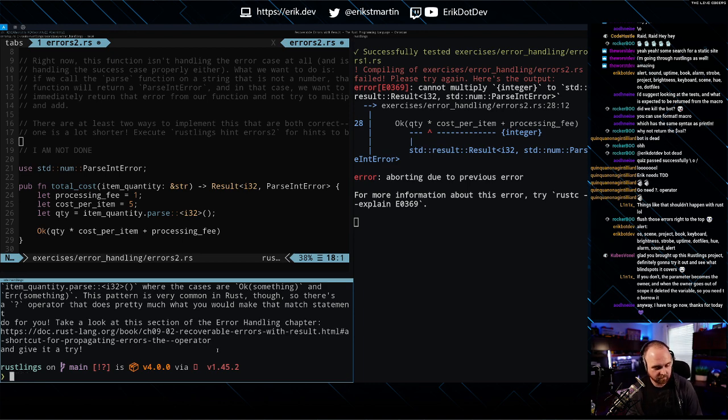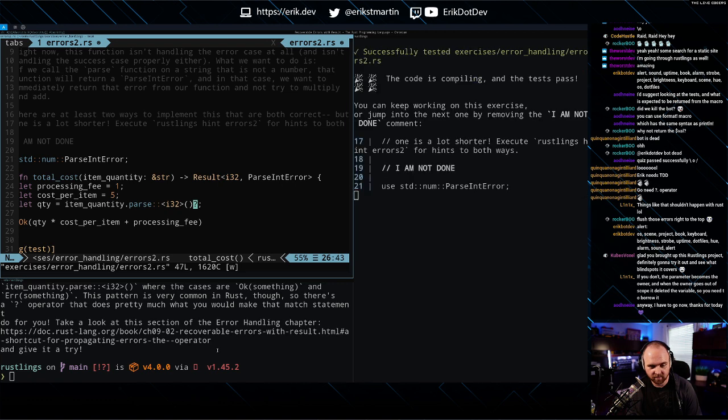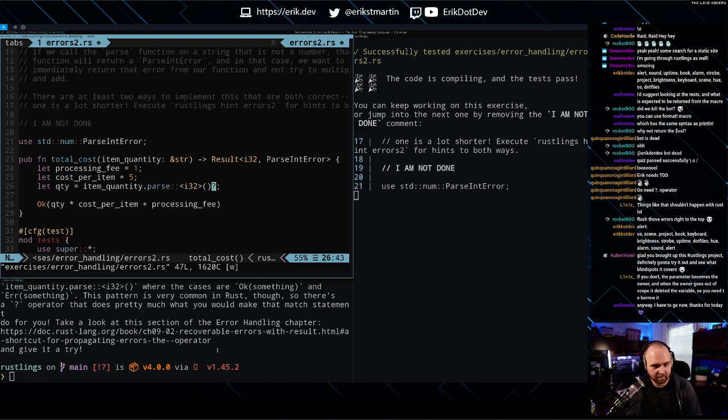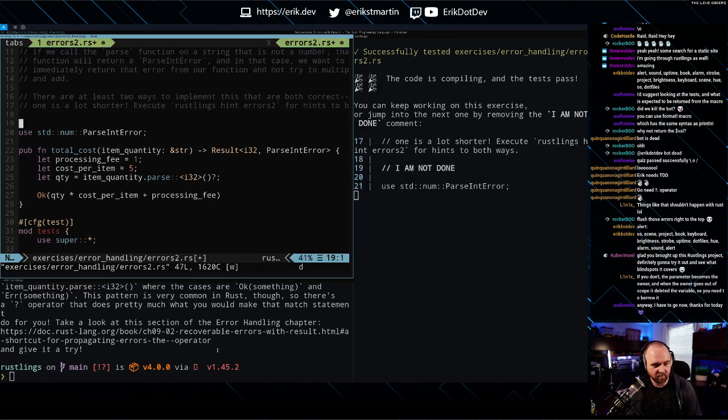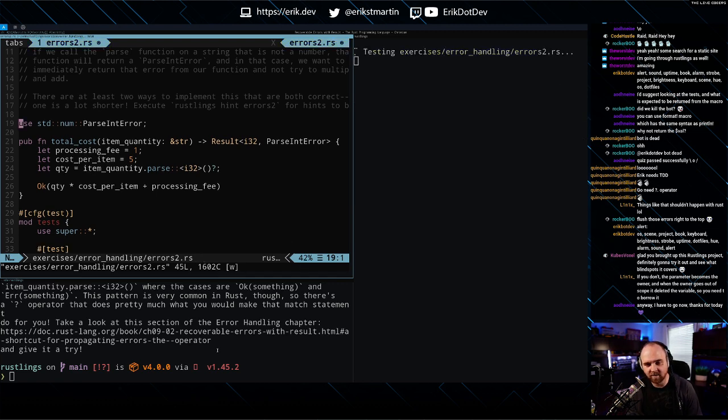So if we come here and we add a question mark here, then if this returns back a ParseIntError, then it will just return it for us. Just sort of forwards it up the chain, which is freaking beautiful. I love that about Rust.